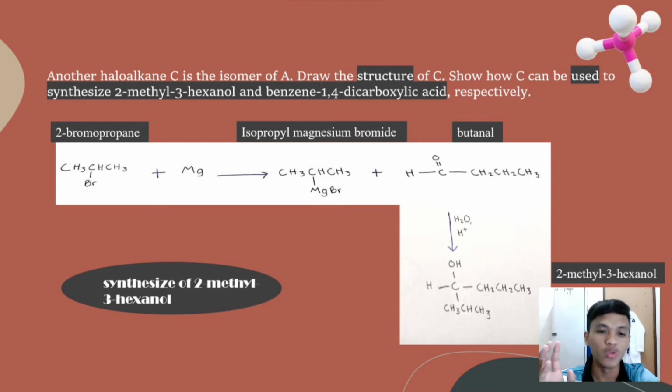First, we use the preparation of Grignard reagents, where 2-bromopropane reacts with magnesium in dry ether to produce isopropyl magnesium bromide. After that, isopropyl magnesium bromide reacts with butanal, followed by hydrolysis using H2O and H+, to produce 2-methyl-3-hexanol. So that's the synthesis of